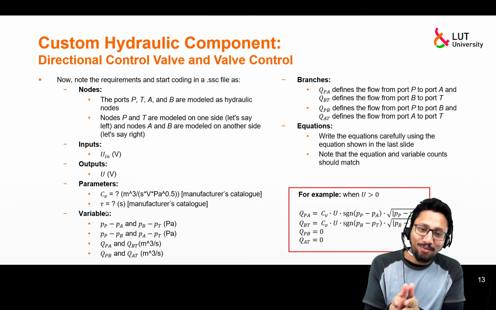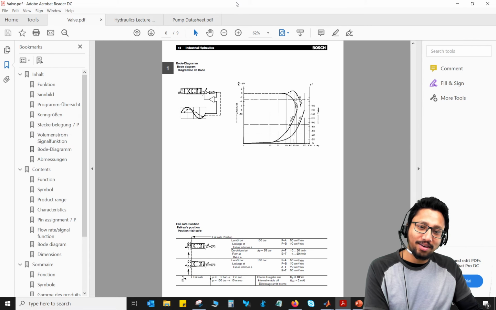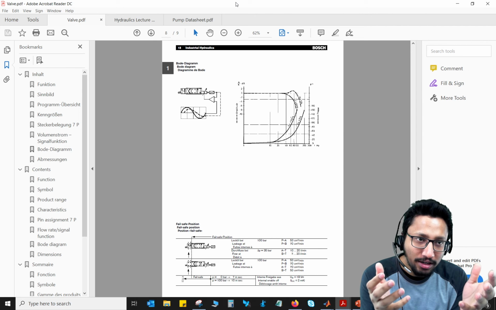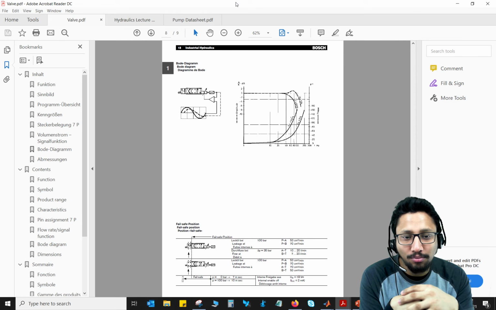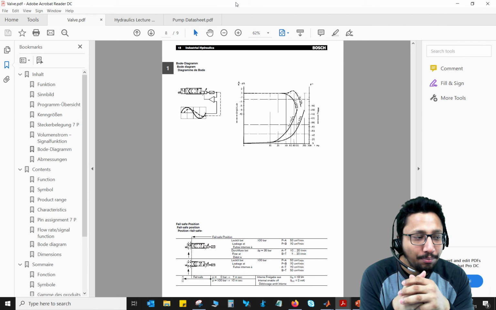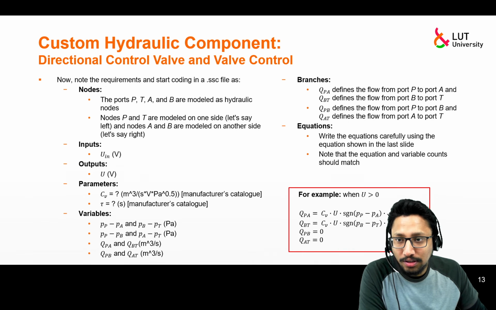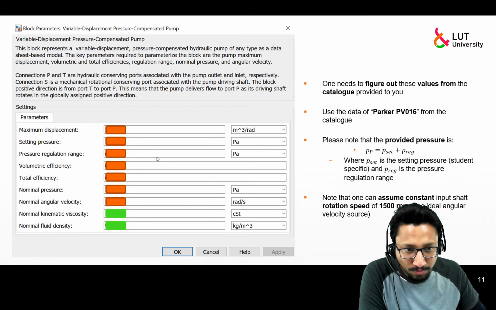I should not have provided you this information, but as an engineer or as a student, I know these things nobody teaches you, and it's very difficult to figure out at times. So that's why I thought maybe I should help you here. And okay, now comes the second part, which is modeling the pump.